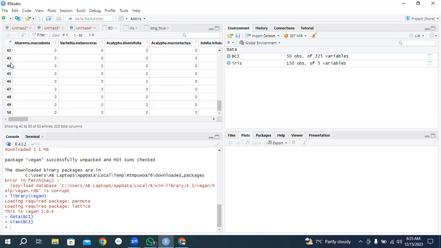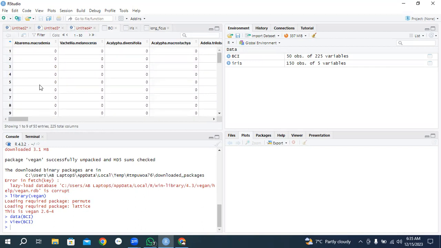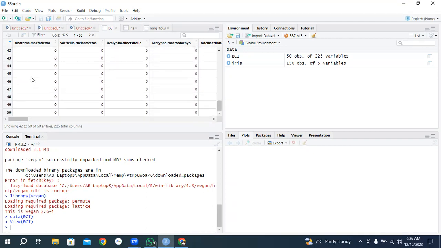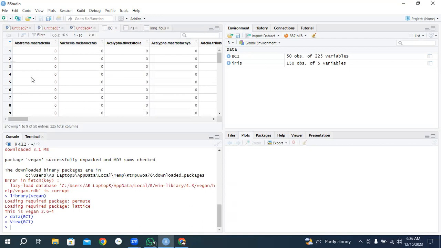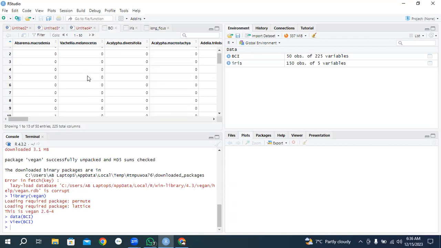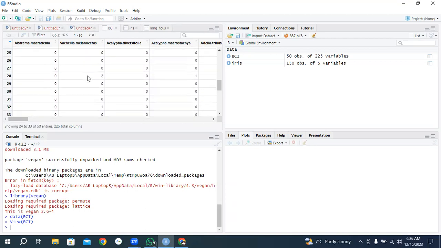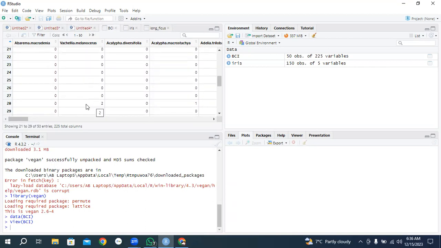So these are the 50 regions, and there is occurrence data. 0 means the species is absent in area 1. This species is absent in 2, absent in 3, absent in all regions. Similarly, another species is also absent, but in some cases it is found, with 2 individuals found,